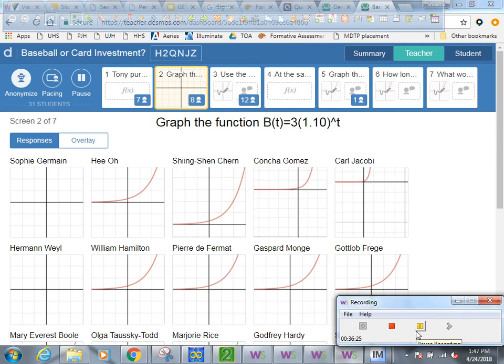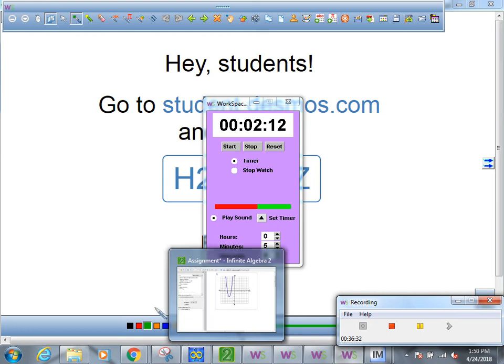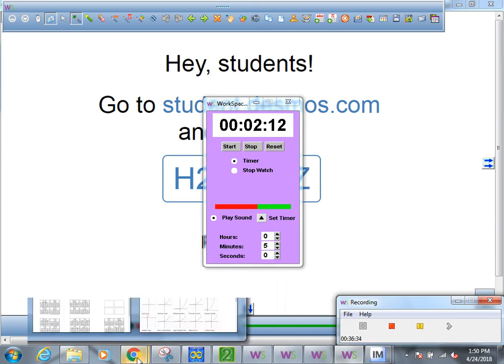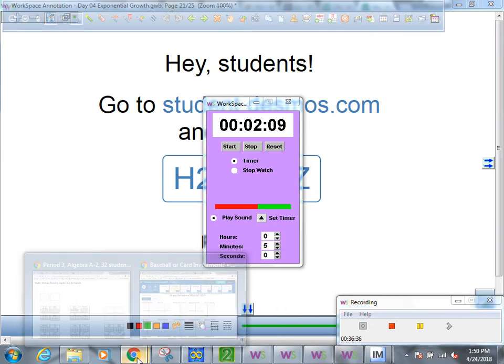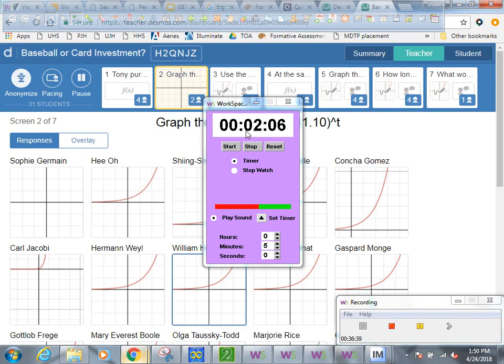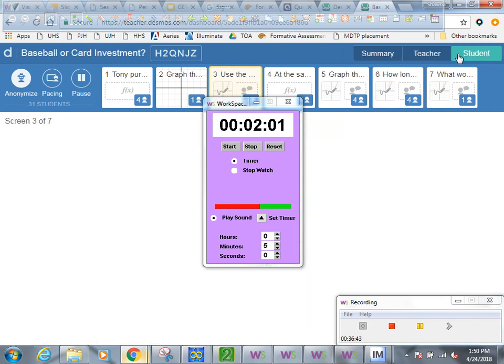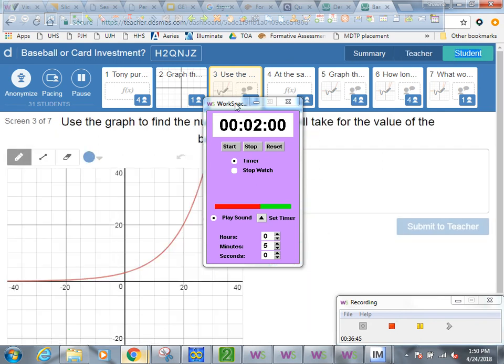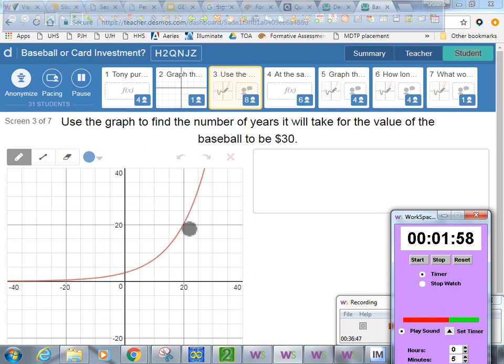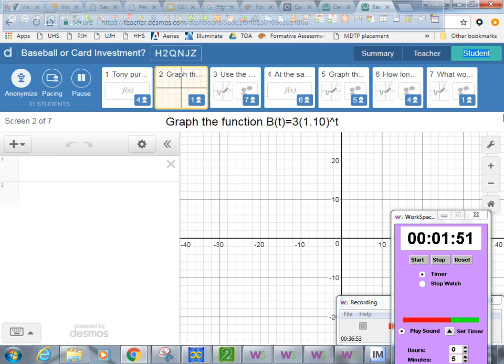So I'm going to let you guys work for about 5 more minutes, and then we'll go through the screens together. So which screen, Christian, which screen are you on? Okay, so on the third one, let's go to student. If you're trying to see on the third one, if this is the graph, oh, you were here on this one. So if you go back to the second one, and let's put in the